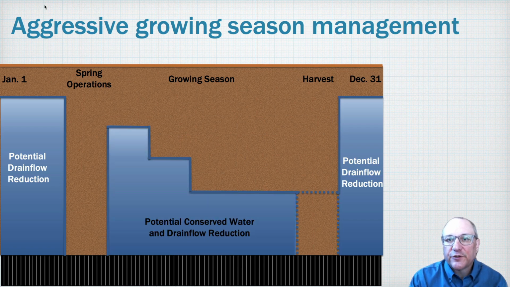At the other end of the spectrum is a management plan that aggressively tries to conserve as much water as possible. The outlet can be adjusted multiple times as the crop root zone develops. In this case, there's more risk of crop damage from excess water, and there is a risk of limiting root development if the water table remains shallow, which can leave the crop susceptible later in the season to drought stress. If this management scenario is used, an aggressive strategy takes active and frequent management to prevent crop damage.